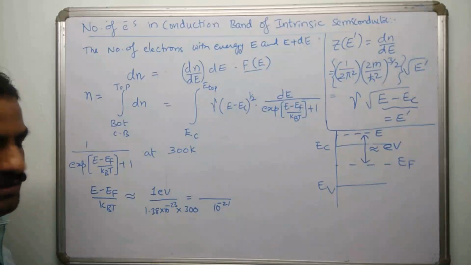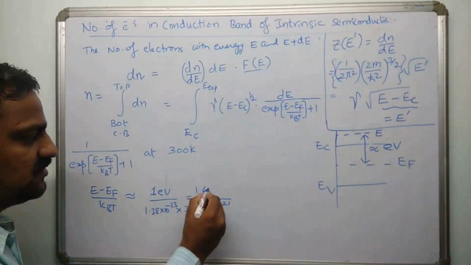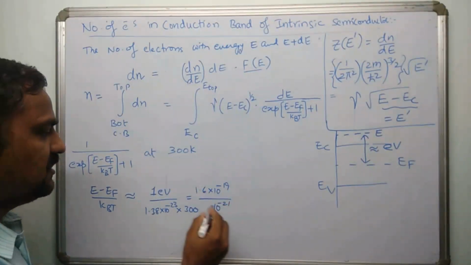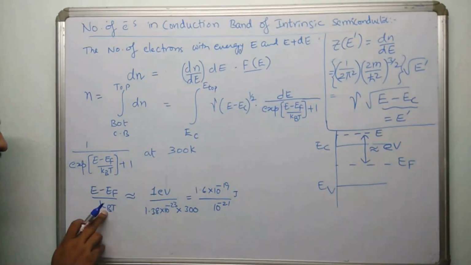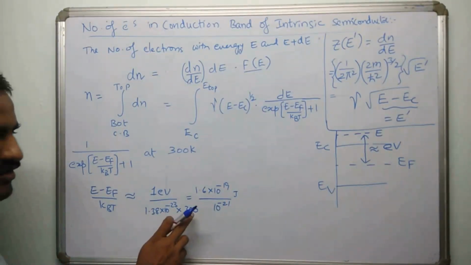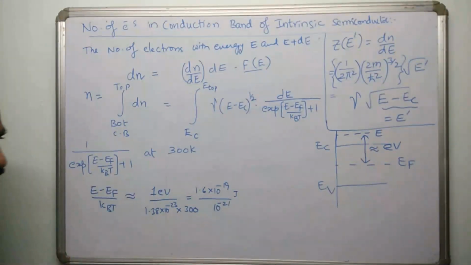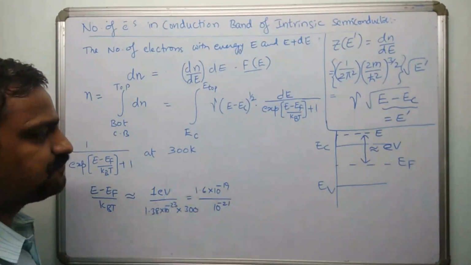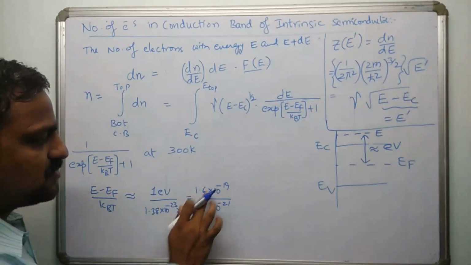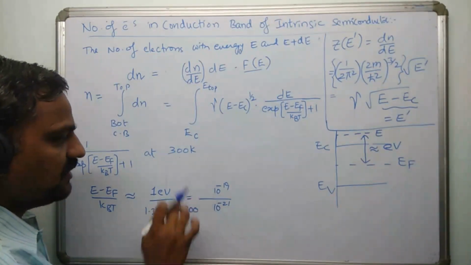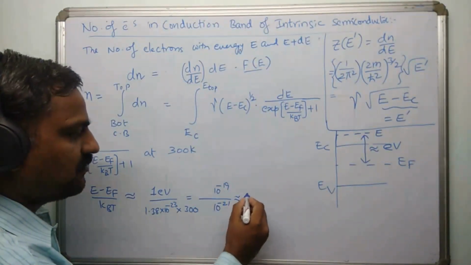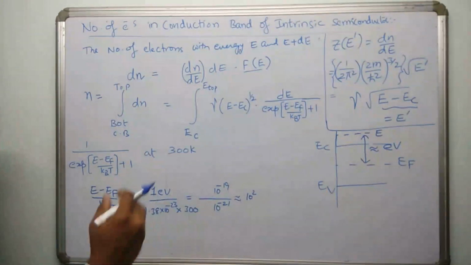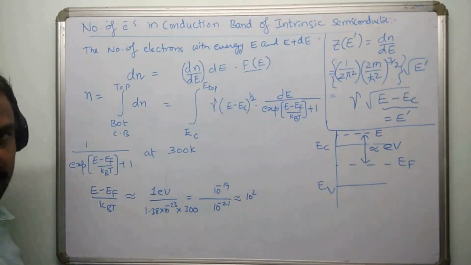And coming to electron volt, electron volt is nothing but charge times 1 volt. The charge of the electron is 1.6 into 10 power minus 19, so this many joules of energy will be there. This is joule, and kB is joule per Kelvin, and this is Kelvin. So joule is gone, and it is a dimensionless quantity, right? If you neglect this 1.6 also, as we are considering only orders, this is going to be 10 power minus 19 by 10 power minus 21, which is of the order of 10 power 2. It means it is at least 100 or 90, something like that.